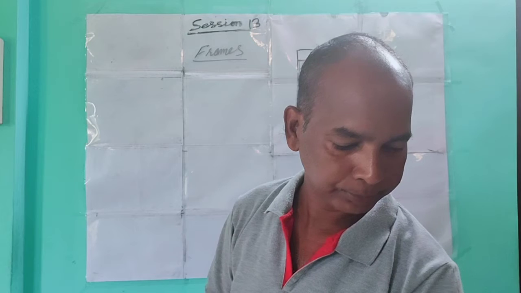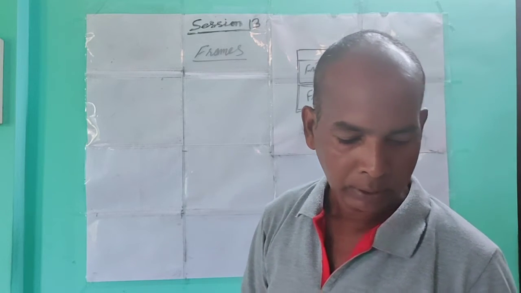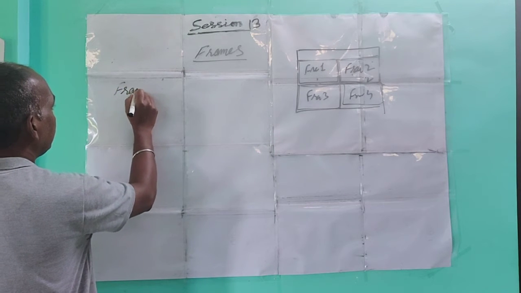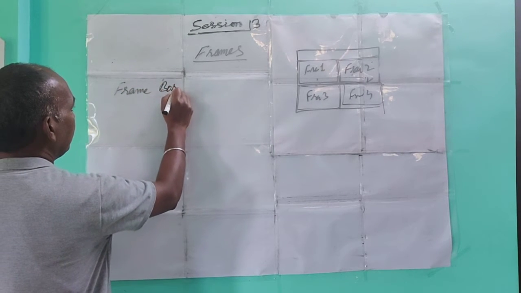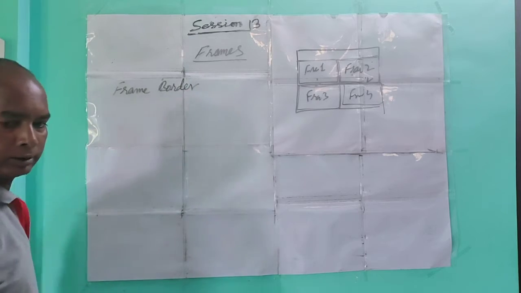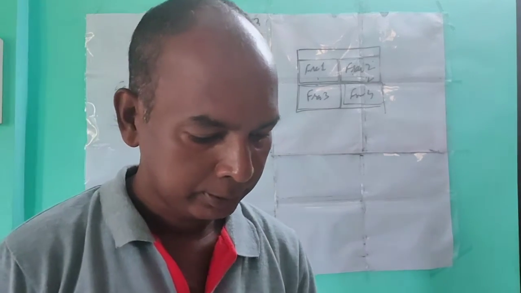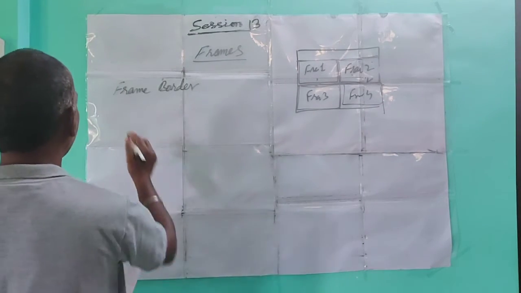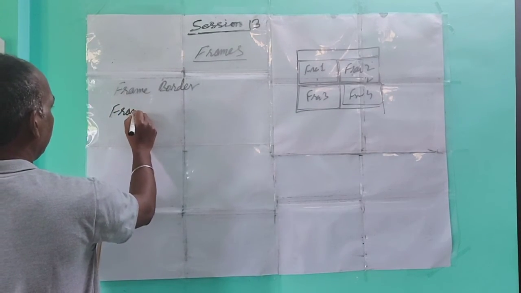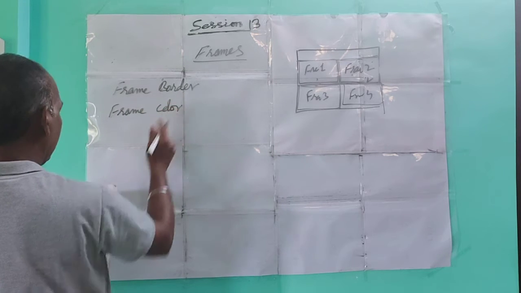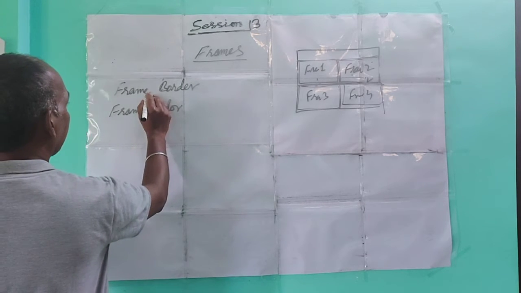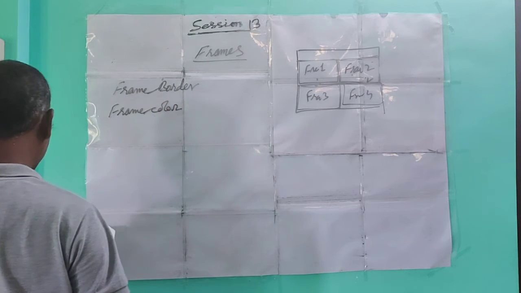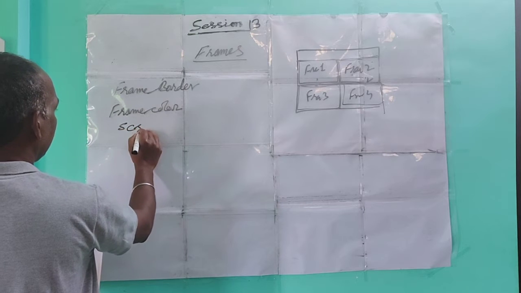The attributes under frame are frameborder, then framecolor, scrolling,